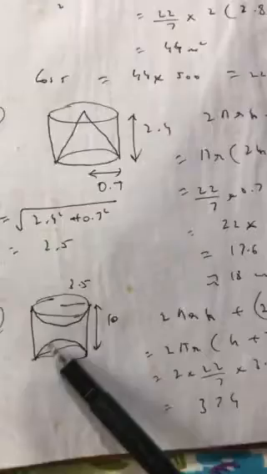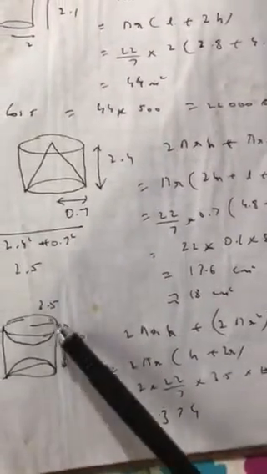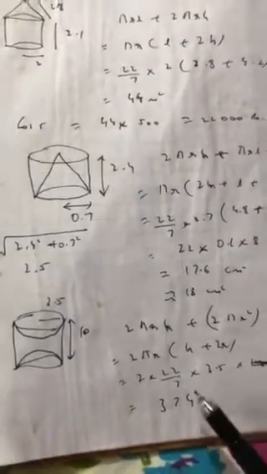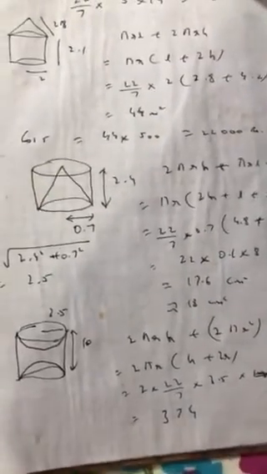Now you have scooped this out and scooped this out. So 2 pi r h is for the curved portion. Now the top scoop inner area is 2 pi r square, and similarly for the bottom, so 2 pi r square into 2. Among these two take 2 pi r common, so inside will be h plus 2r. So h is 10 and r is 3.5, so h plus 2r will be 17. So 2 into 22 by 7 into 3.5 into 17, so answer is 374 centimeters square.